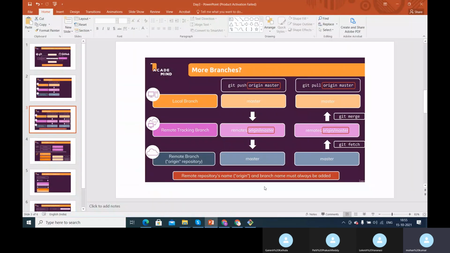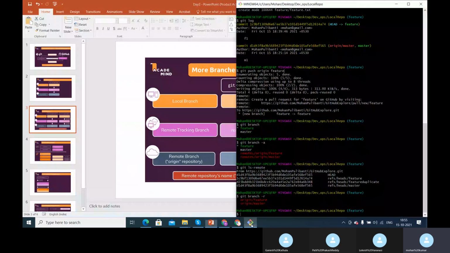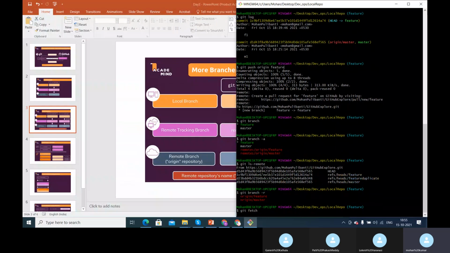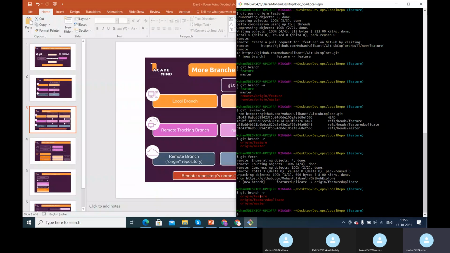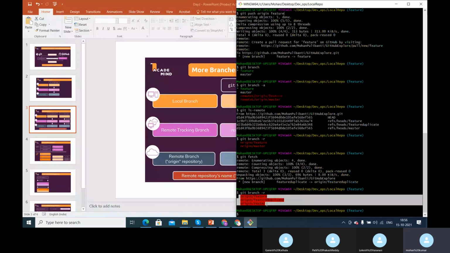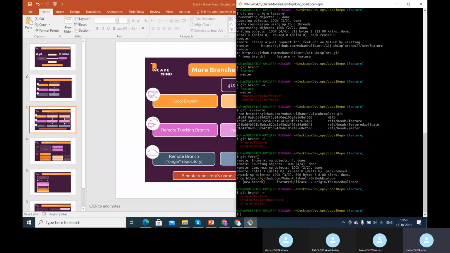Okay, now let's see this practically, how this is happening. So I executed a command called git fetch. Once I executed git fetch, and if I execute git branch -r, now you are seeing three remote tracking branches, right? So why are you seeing this particular remote tracking branch? The reason is you have this branch on the remote repository, and you executed the command called git fetch.